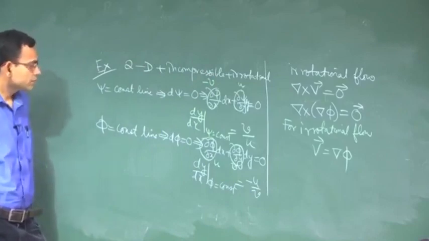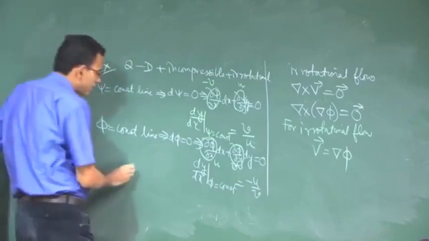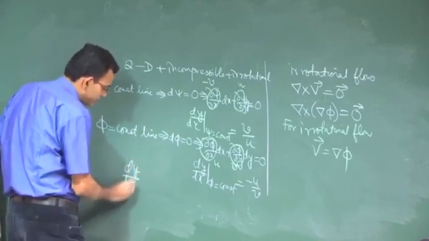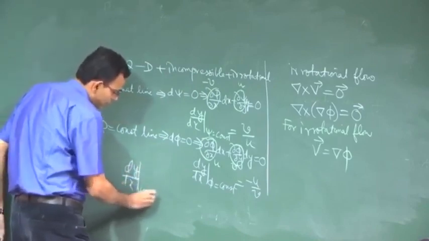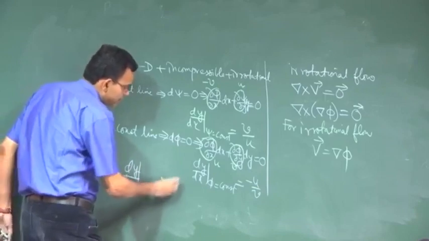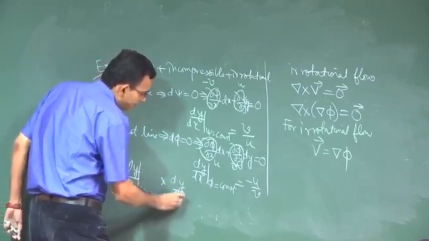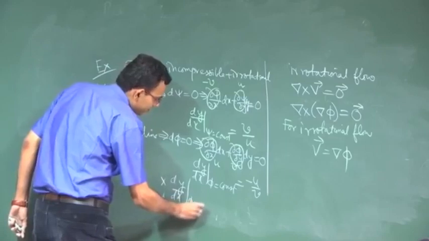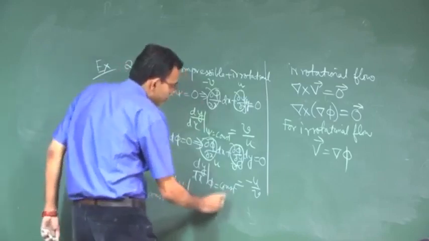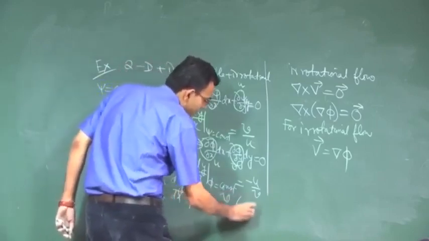So, dy dx for psi equal to constant times dy dx for phi equal to constant is equal to v by u into minus u by v,